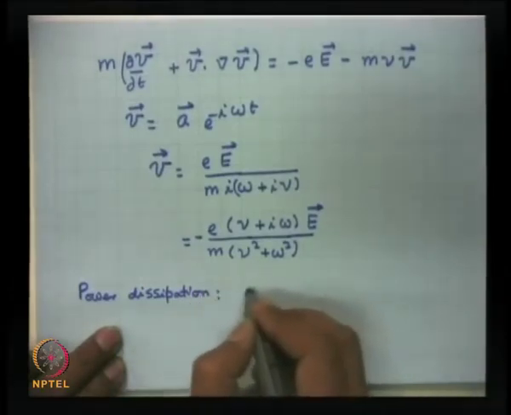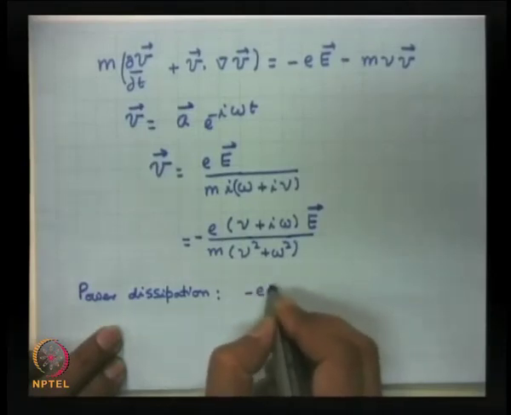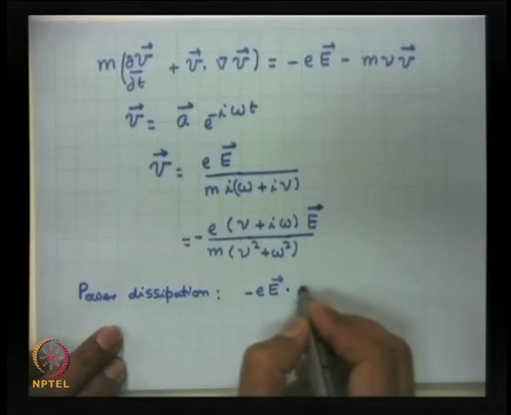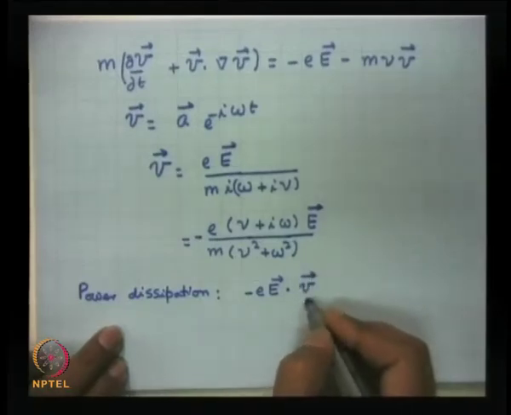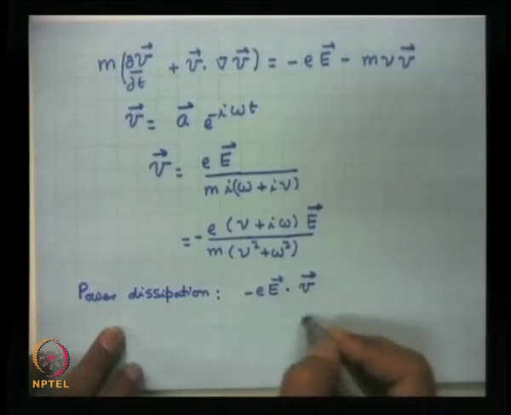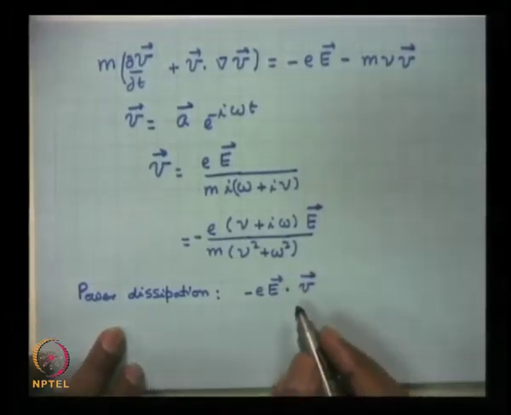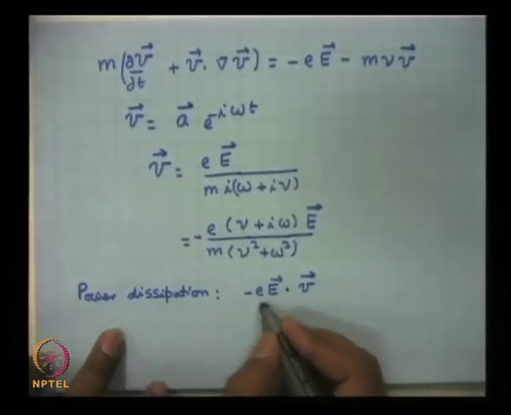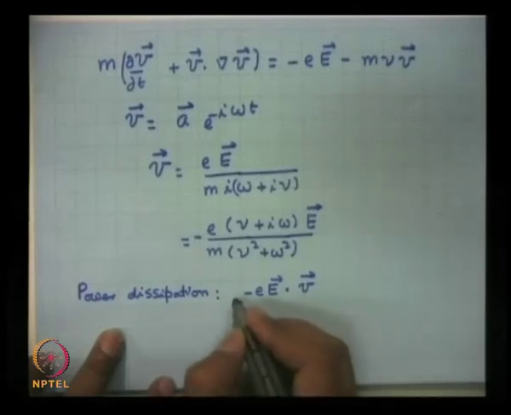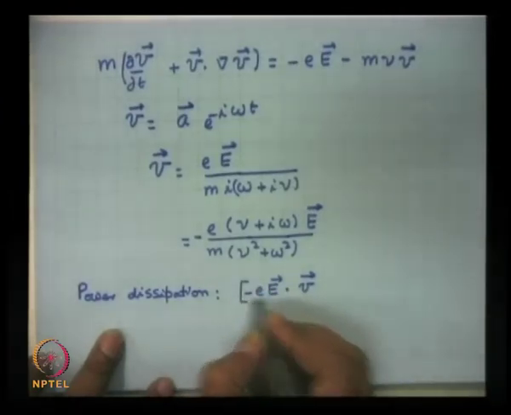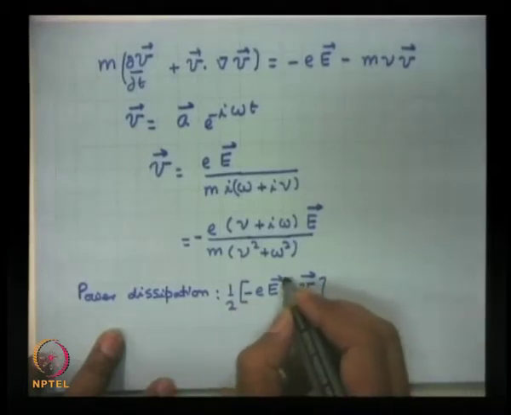is equal to the electric force on the electron, which is minus E, dot the displacement of the electron per second. So, this is the energy dissipation by the wave on the electron per second, where it is implied that the real part of the first term and the real part of the second term are to be multiplied, and which turns out to be half the complex conjugate of the real part.